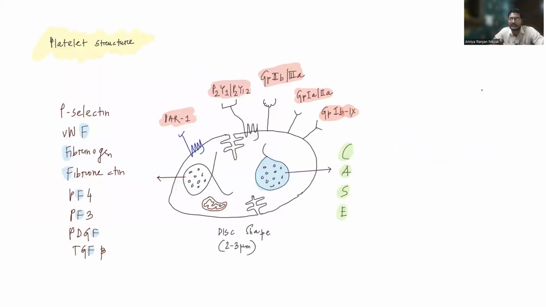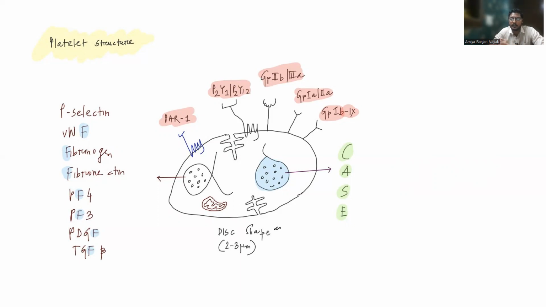Now, if you see the platelet structure, as I told, these are disc shaped. But what else we need to understand? We have to read that there are some storage granules, and there are certain platelet receptors, and these are all important points that I am telling you. I will not describe all the details because those are not important. Whatever is required, I will tell only those points. So first we'll start with